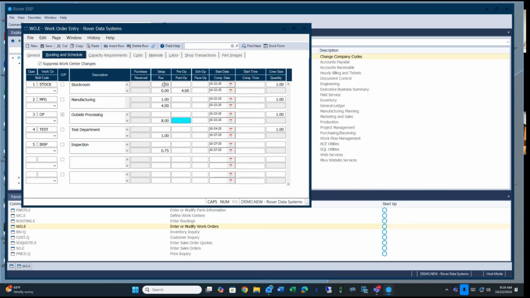It's important to note, setup and run hours in a standard cost environment calculate the cost. These get applied as labor to the cost. Pre and post operation hours do not get applied as labor. They're strictly scheduling fields. Okay, that is the setup. Are there any questions,